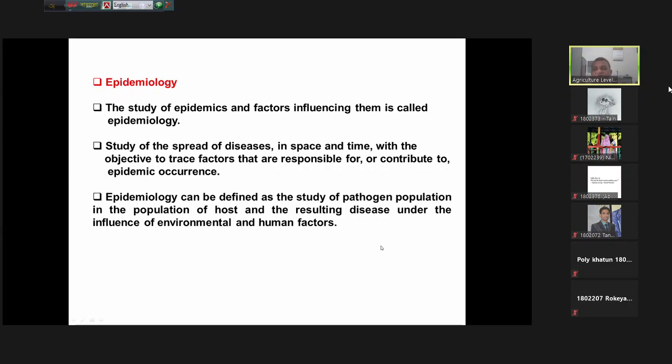এটা হচ্ছে epidemiology. সংক্ষেপে যদি বলতে চাও, তোমাকে বলতে হবে study of epidemics and factor affecting the outbreak called epidemiology. Or you can say study of the spread of the disease in space and time with objective to trace or find out the factors responsible for or contribute to epidemic occurrence. এক কথায় যদি আরো সহজ ভাষায় জানতে চাও যে এপিডেমিক কেন হচ্ছে, সেটার যে ফ্যাক্টরগুলি স্টাডি করা, সেটাই হচ্ছে এপিডেমিওলজি। কি কি ফ্যাক্টর? নাও দ্য কোশ্চেন।